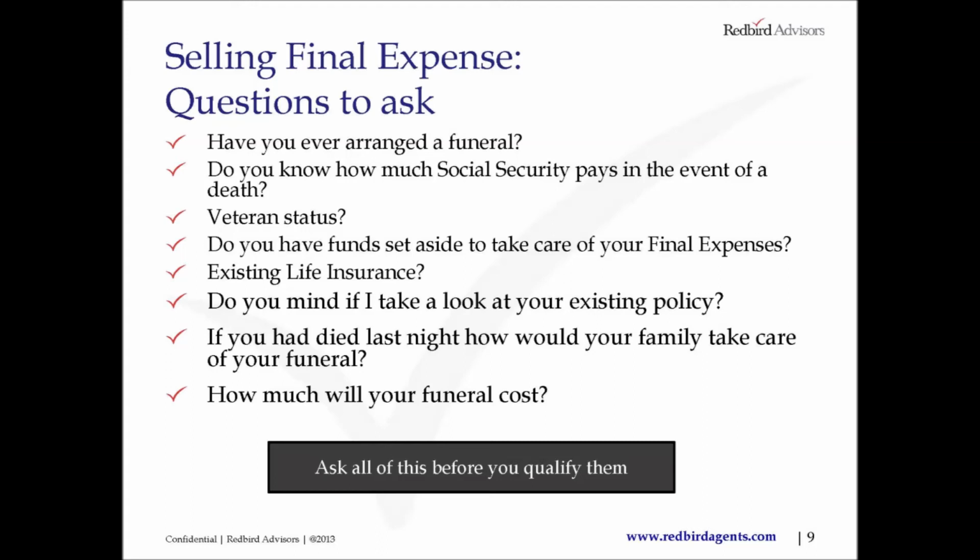Then I always ask, how much does Social Security pay for a death benefit? And they typically know because they've received so many mailers. And the answer is $255 to the surviving spouse. And sometimes if it's a couple, I'll explain that whoever dies first, that spouse hits the lottery because they're paid for. The other one doesn't get anything. Folks usually chuckle at that, and then I'll ask if they're a veteran